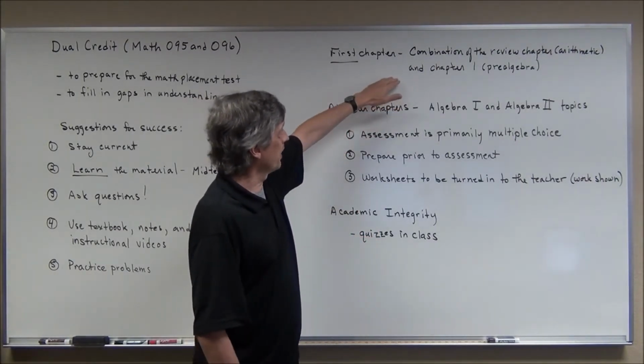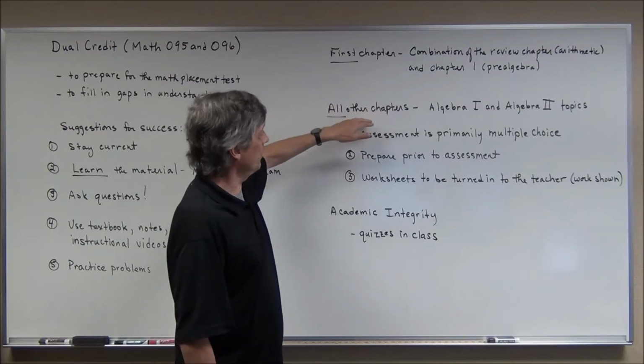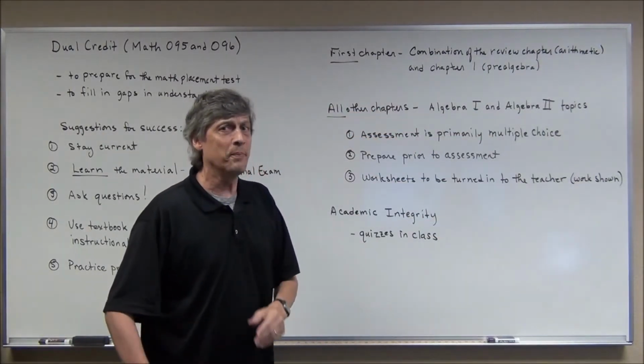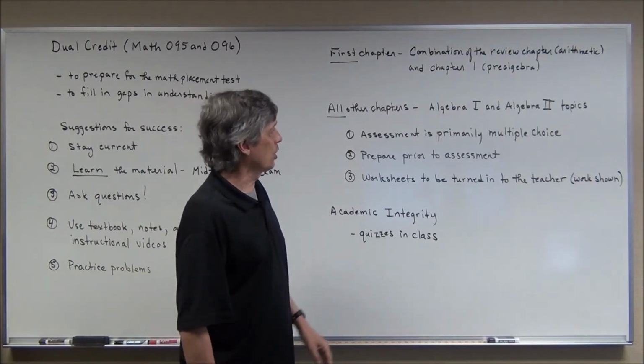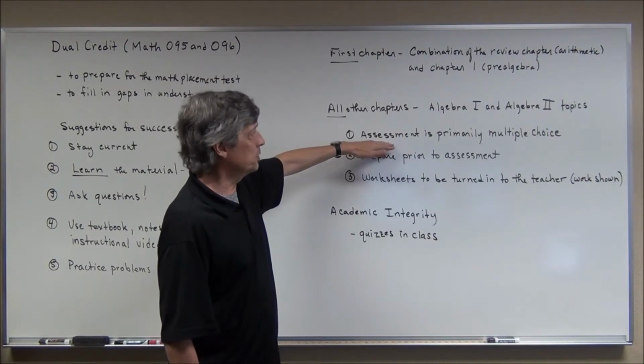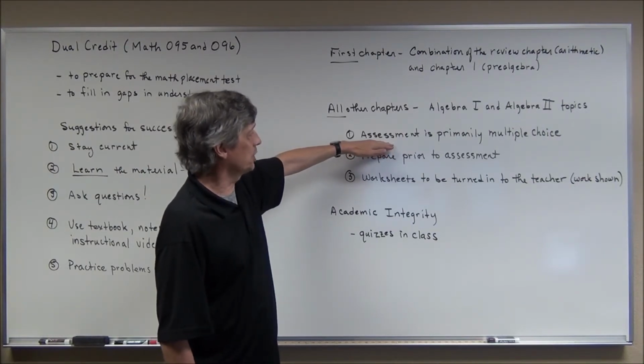But we want to make sure of that, so that's why we have this first chapter. Now, all the other chapters are primarily Algebra 1 and Algebra 2 topics. They dig a little deeper at times than some of the stuff that you saw in Algebra 1 and Algebra 2, but it's pretty straightforward. And the assessment is primarily multiple choice at the end of each section, and of course at the end of